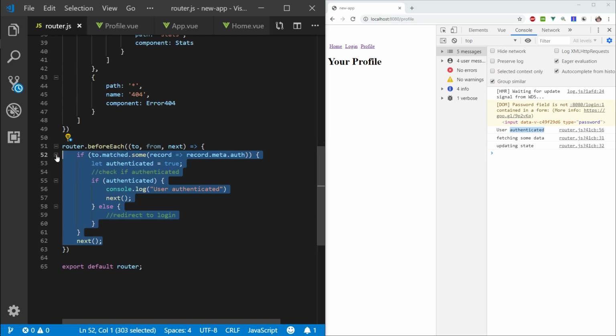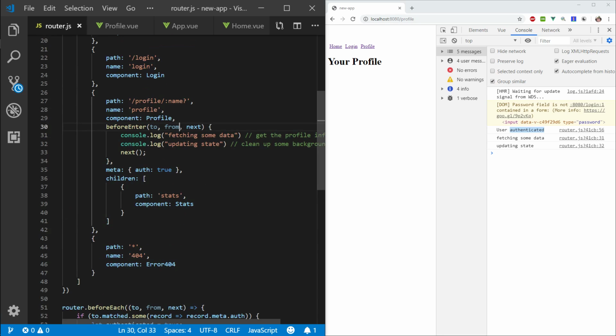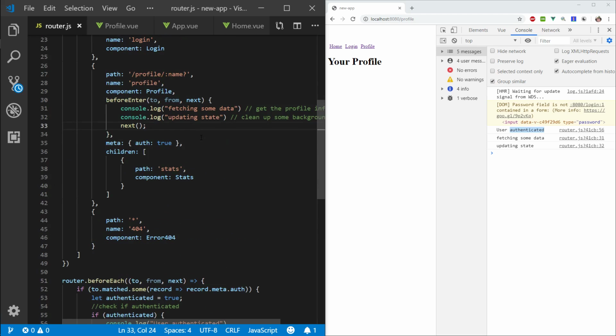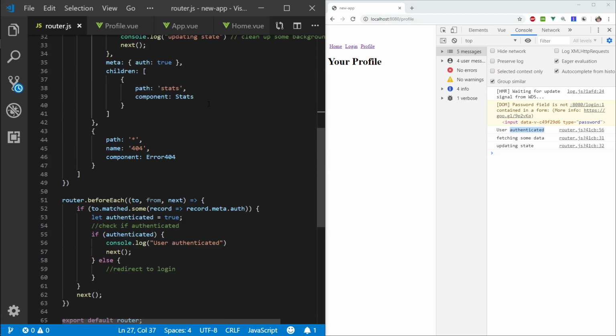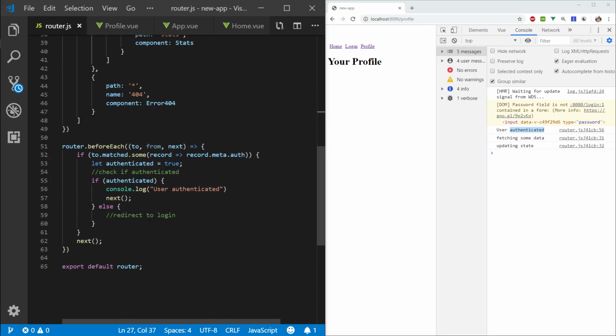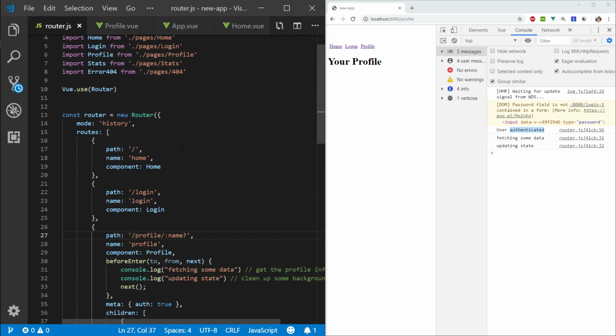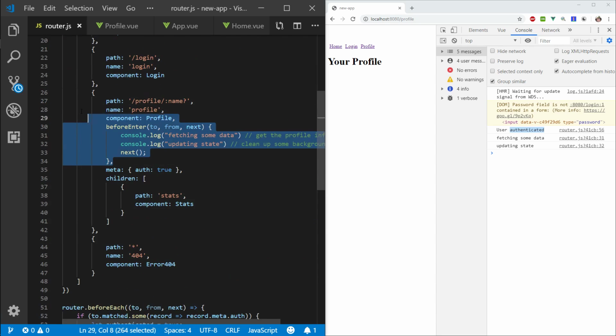And really, why wouldn't you want to do this in a beforeEach hook? Well, some routes require this, and some routes don't require authentication, like a landing page, the home page. You want people to go on your home page and be not authenticated. And why can we not just put it in the beforeEnter? Well,